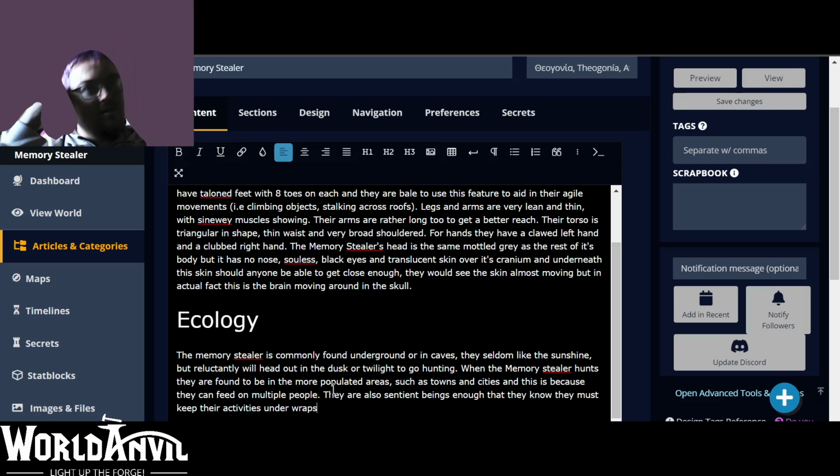So essentially they know that everybody knows about them, or are likely to know about them, but what they also know is whether or not these people can remember. They don't want to cause too many full amnesiacs, because although they won't remember anything about the encounter with the memory stealer or anything at all, with a memory stealer,